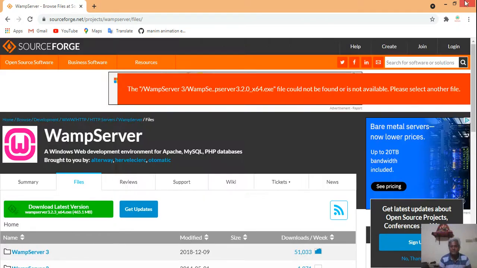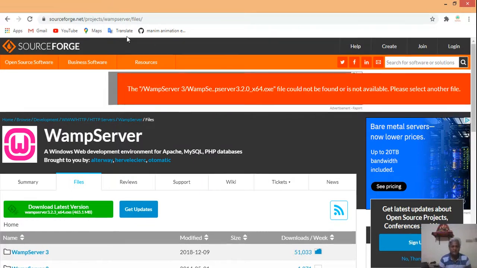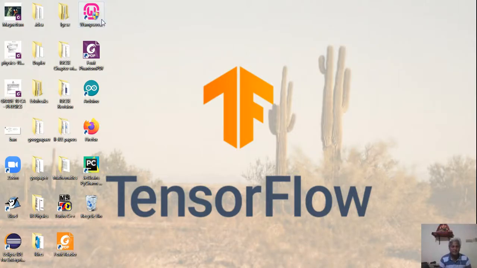Since I have already installed it, you see this WAMP server icon. I double click on it, and it asks whether I want to allow the following programs. I click start, and it starts.